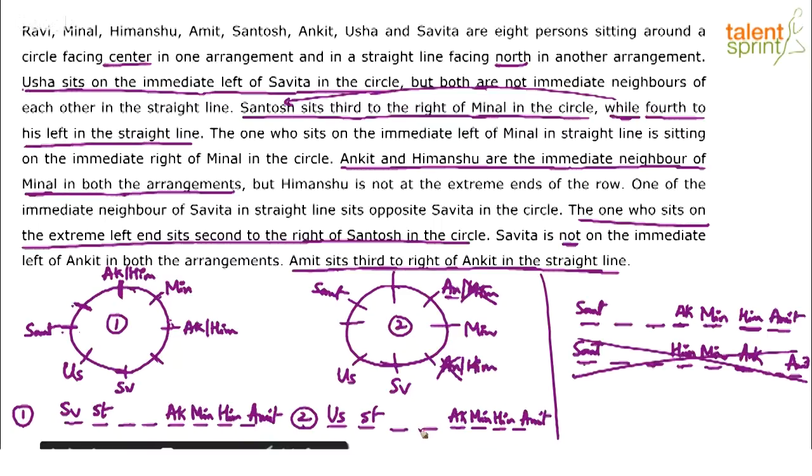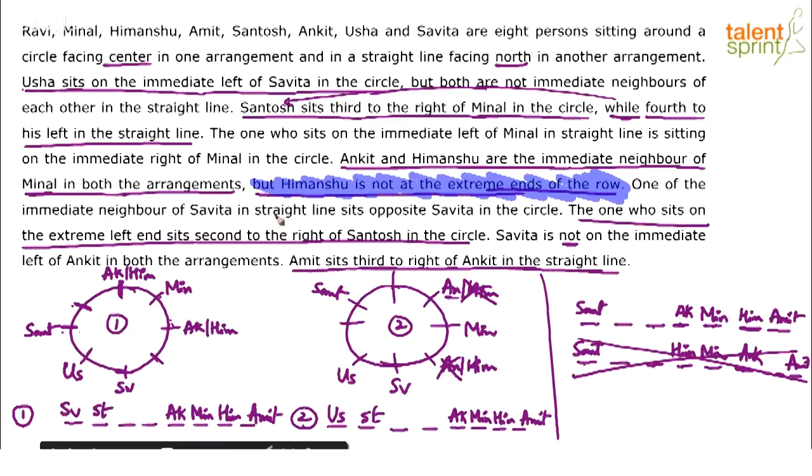So, only 2 positions are left out. Okay, 2 blanks are left out in linear arrangement. Okay, now I am sure the remaining data will clear it. Himanshu is not at the extreme ends. In both the cases, we have found that Himanshu is not at the extreme ends. In fact, if you see, we have not used this statement at all. Automatically, we got that Himanshu is not at the extreme end.